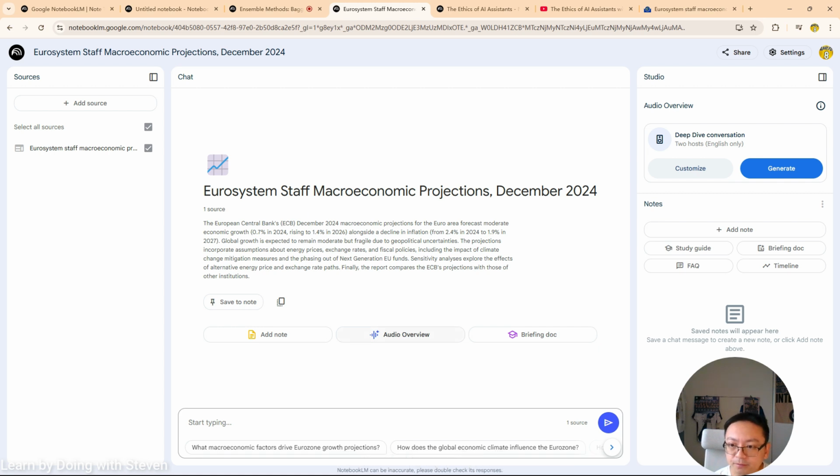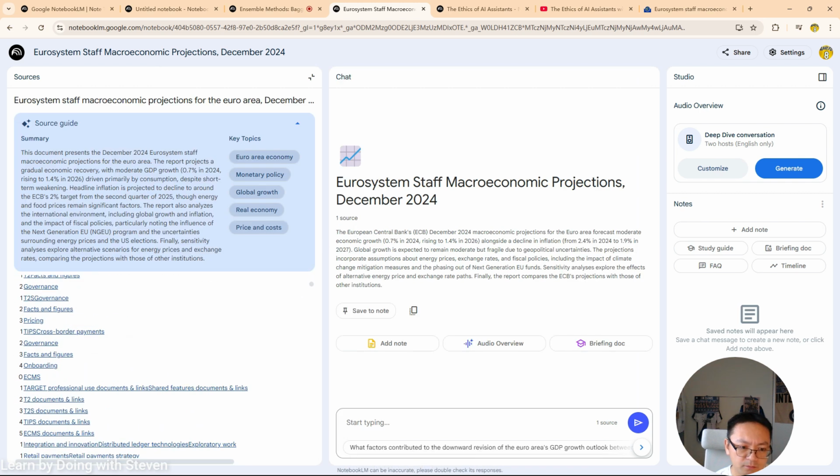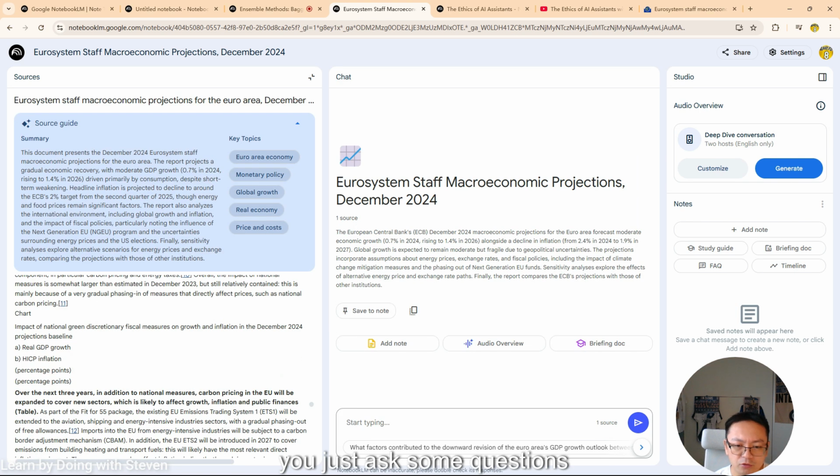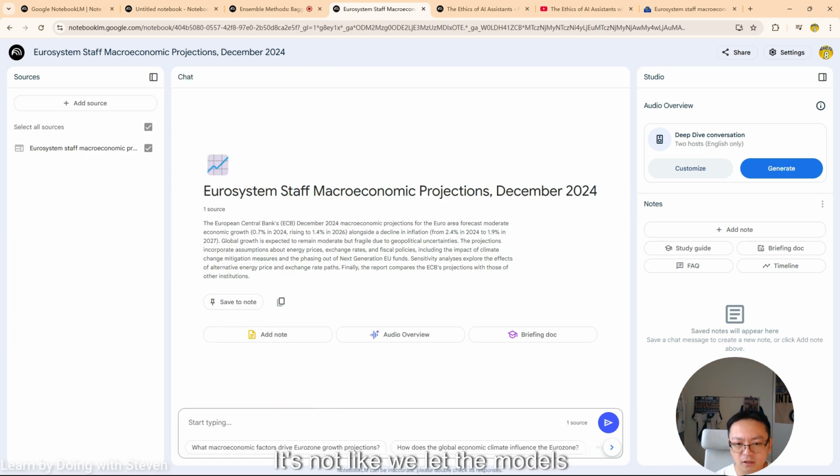So you can try it. It is very useful. For example, when you do not want to go over such long text, you just ask some questions. It will give you citations, and you can check the citations back to check if it's valid or not. It's very useful, right? It's not like we let the models do their job and hallucinate as they want. At least we have some grounding truth to bound our